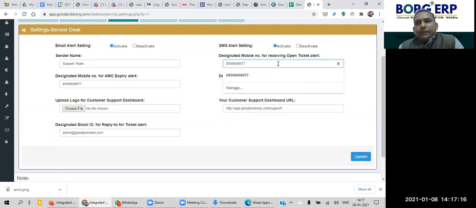For example, there are two ways a ticket can be opened. One is we advise customers to open the ticket. Correct, the support customer, service customer. In case customers are not opening the ticket, or they're not in a position to open a ticket, or they're not that tech savvy, you can also designate any person from your service team. They can open a ticket on behalf of your customer.